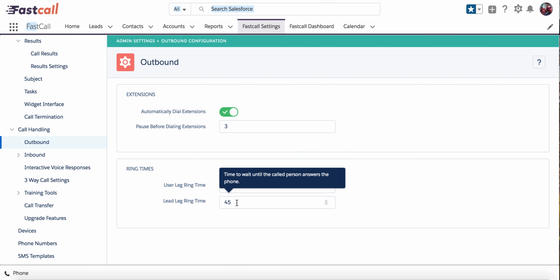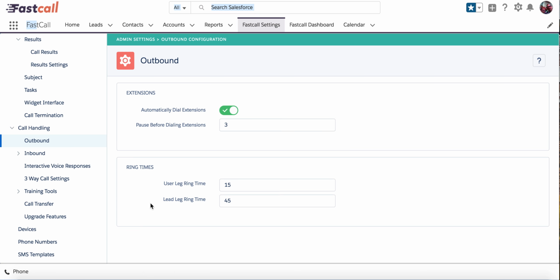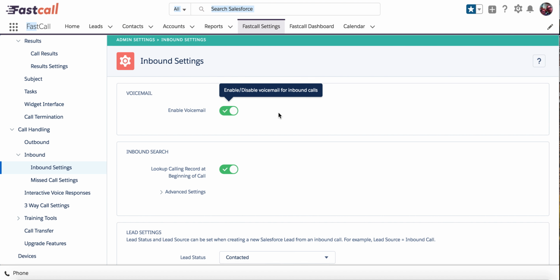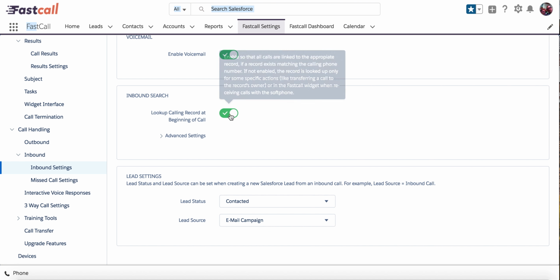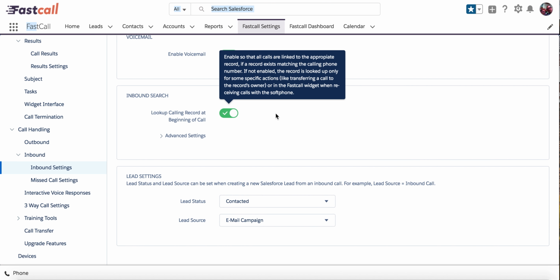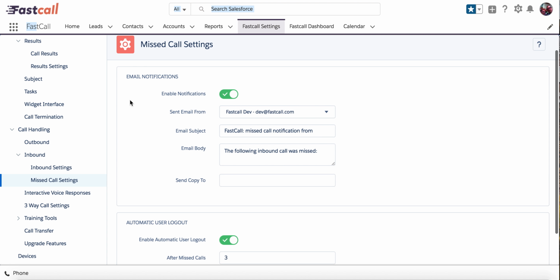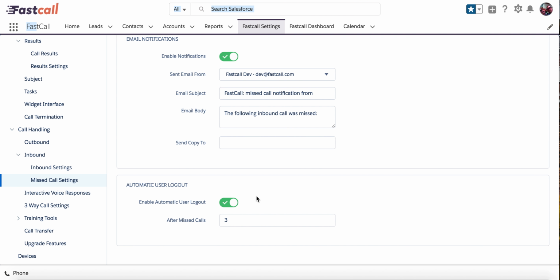Outbound is less important, but after 45 seconds in this particular case, the application would give up. So if you were making an outbound call and there was no voicemail on the far side, a long duration there usually makes sense. These are the defaults. So inbound, we have our inbound settings of voicemail, looking up the records at the beginning of the call, which is the default, some status for creating new leads from an inbound call, missed call settings, so there's a missed call email, the ability to log a user out automatically if they miss calls, IVR, which we do